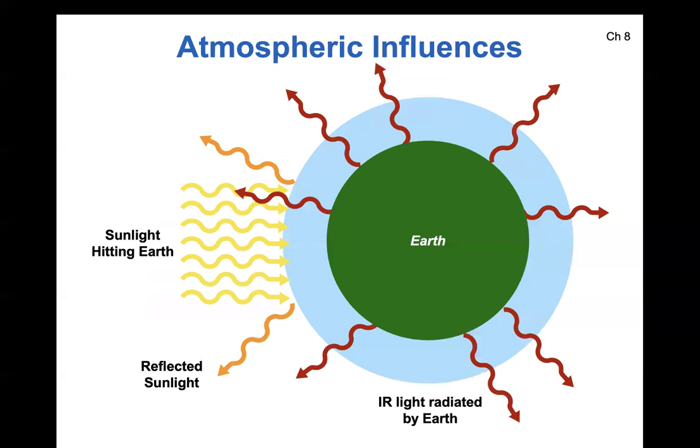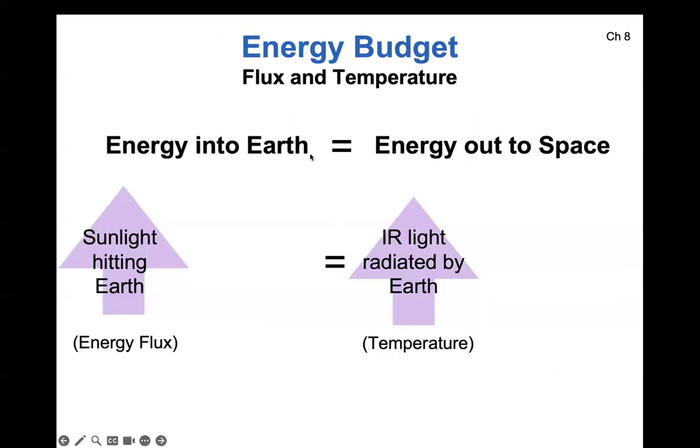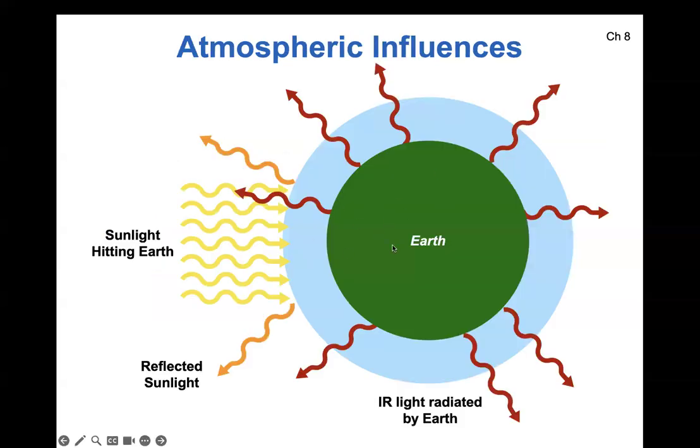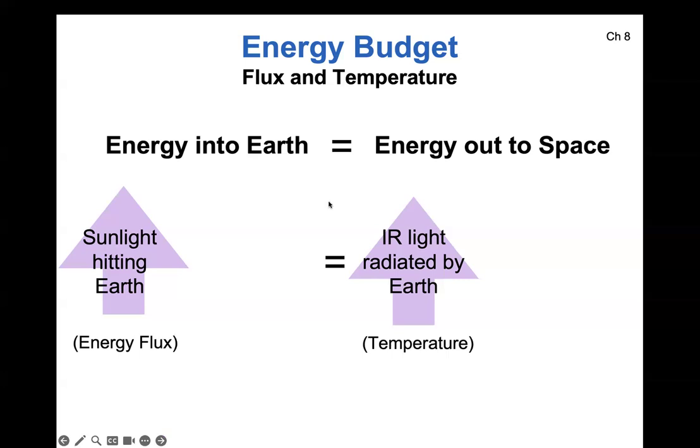So, how does the atmosphere get involved? Because so far, this would be great for a planet that didn't have an atmosphere, because then really the only thing that would matter would be the surface, and the surface warms up, the rock gets a little bit warmer and it just radiates more or less, right? Or if the sunlight cools, the rock gets cooler and radiates less, right? But the balance would just be that. But the atmosphere makes the balance have more to it, more to consider. Okay, which you can kind of see by the extra space included in the equation.